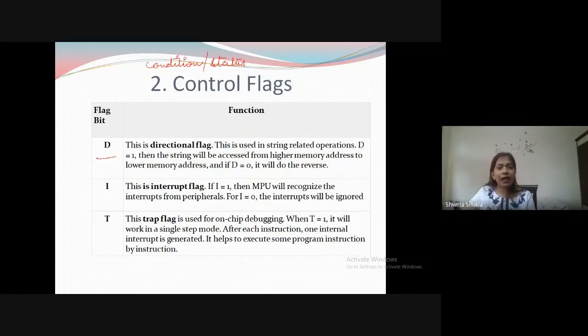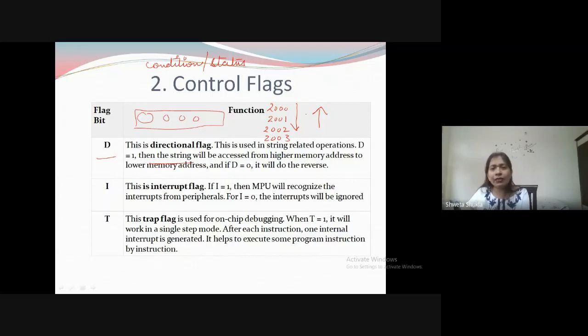Now the first flag in control flag is the direction flag. Direction flag is used when we use a string of data. That means when you don't have to just pick one data, you have to pick a number of data. In that case, a direction flag is used. And when you are picking this string of data, you have to check whether it is moving in this direction or in the upward direction. Suppose the address is given as 2000, then 2001, then 2002, then 2003, like this.